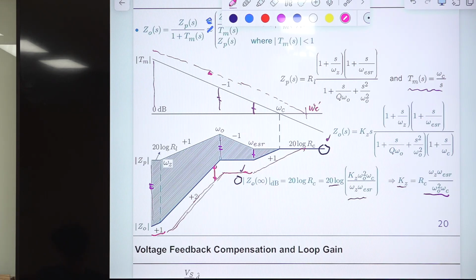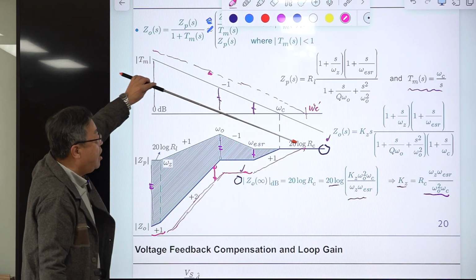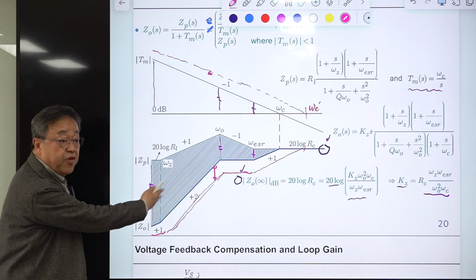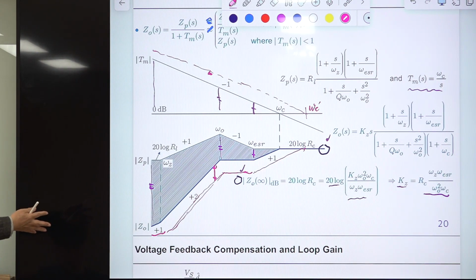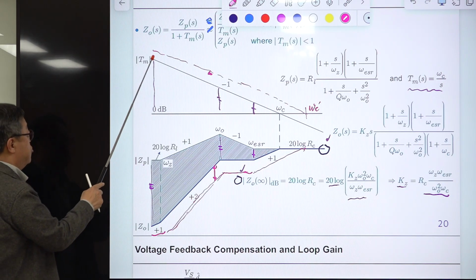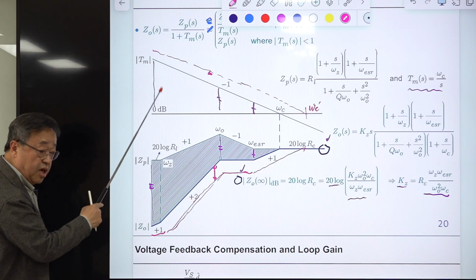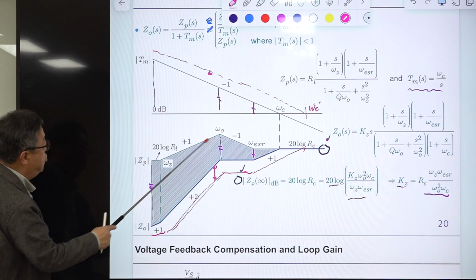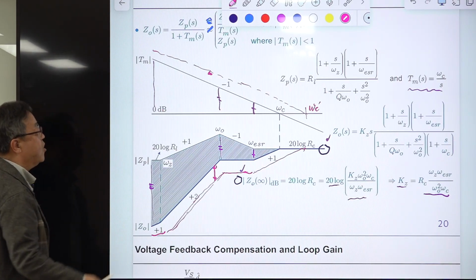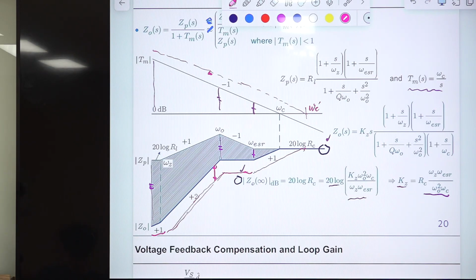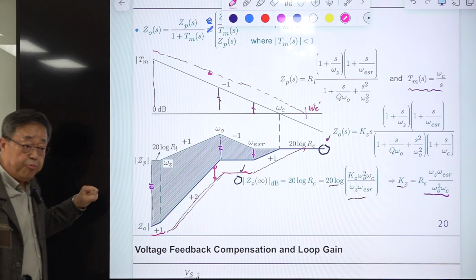Right? What happens? You reduce this integrator gain. You have smaller attenuation. You can graphically understand this. Again, the area of this shaded region should be the same as the area of this right angle triangle. And the shaded area is the benefit of negative feedback obtained in reducing the output impedance.